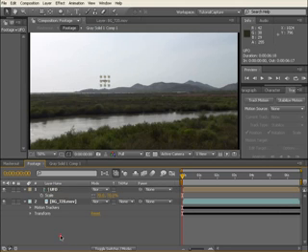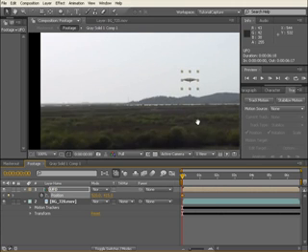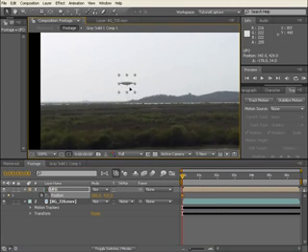And we'll do a little bit of position animation now. So just bring up P, hit P, and brings up the position here. And at frame 0, we're going to hit a keyframe, but we're going to reposition it, bring it over,